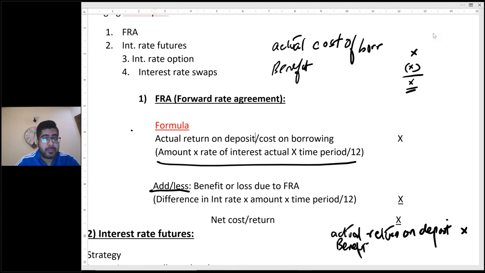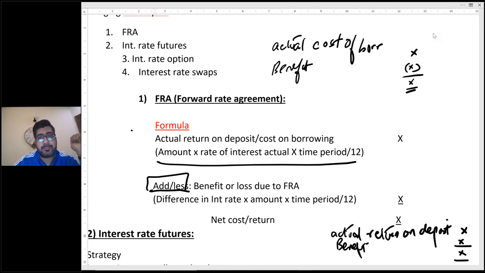You have written return on deposit here. So benefit is likely to increase return, therefore we add it. I have written both things, add less benefit or loss. Why am I adding or deducting? It depends on the case. If it's actual cost of borrowing, and then you get benefit, so benefit will reduce cost, we will deduct benefit. But if it's a deposit case, you wrote actual return on deposit and then benefit, so benefit will increase return,